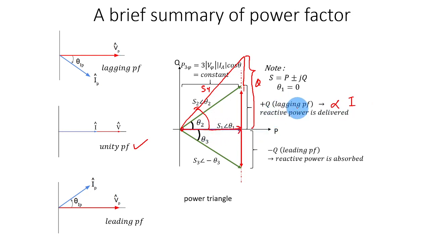So a lagging power factor is not so good, and a leading power factor is also not so good. The best is to keep it as close to unity as possible. Mostly the lagging power factor is the more common one in most utility systems, while the leading power factor is very less common. All right, so this is just a brief review of the different types of power factor,